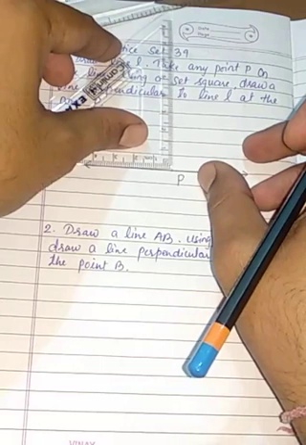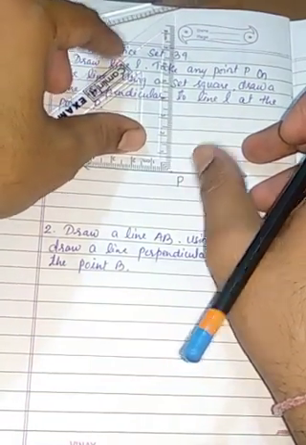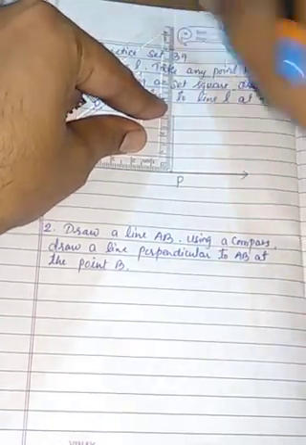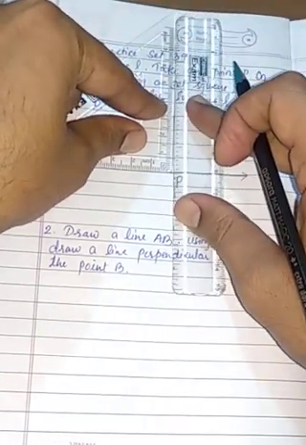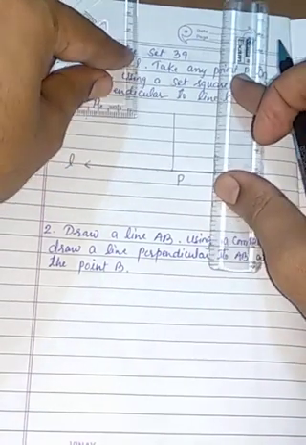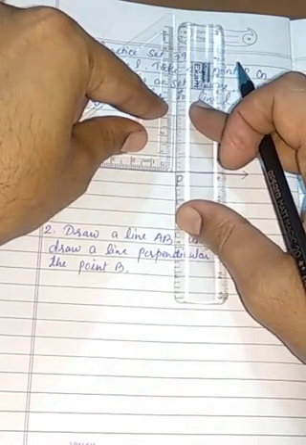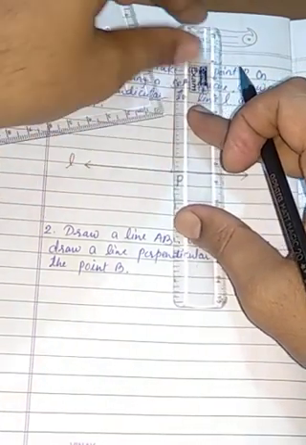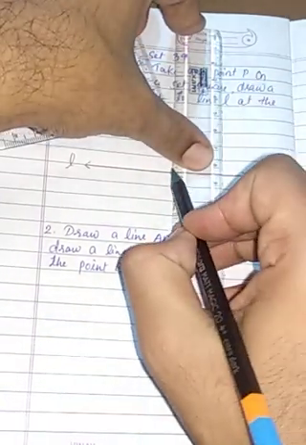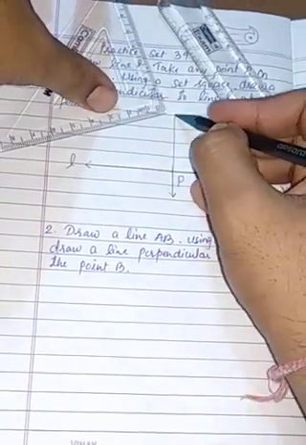So while drawing, I have to make sure that it must coincide with point P. Okay, I can extend this. If you want, you can use a scale, or you can use a set square. If I have already drawn the line, you can keep the scale over here and draw the line. That makes it easier for you to draw the line downside also.